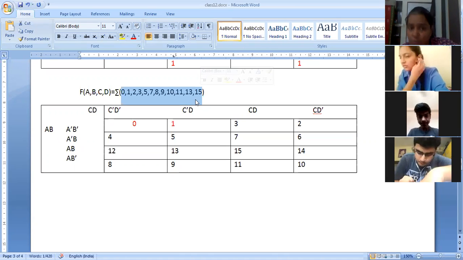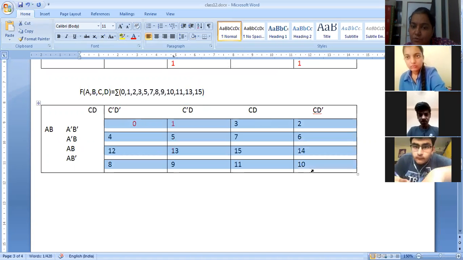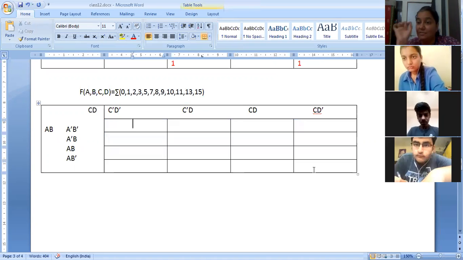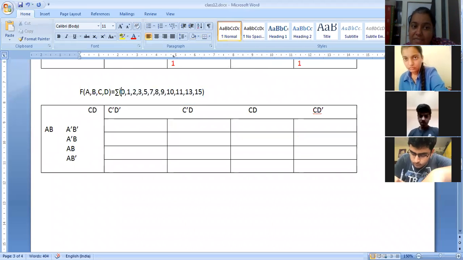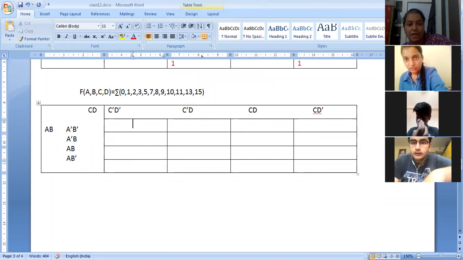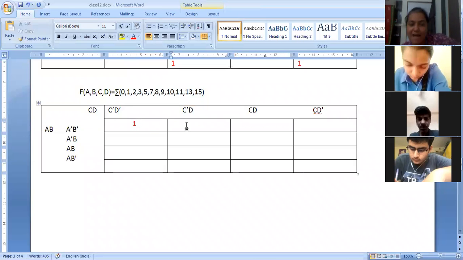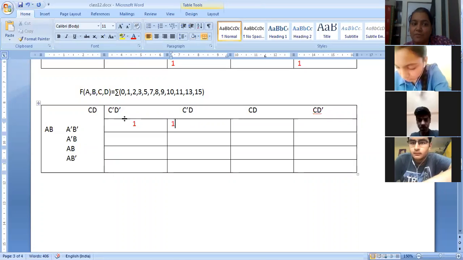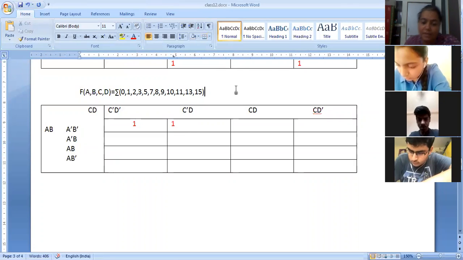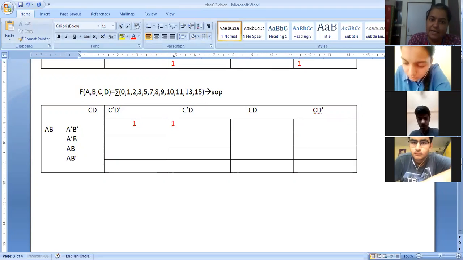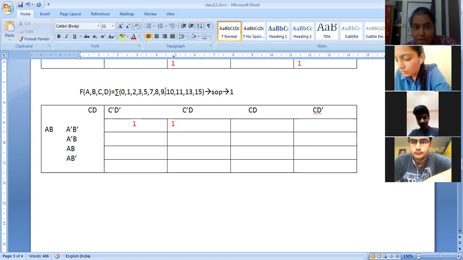So now what I will do? I am removing these numbers because it will create a confusion for you, but you should remember the numbers that are place values. These are place values. So now here 0 is written, which means at 0 cell there is positive current. Then at 1 also positive current. Now why have I chosen 1? Why am I saying positive? Because it is summation, it is SOP. This question is related to SOP, and for SOP the normal value is 1. So wherever this place value is given, there you will put a 1.